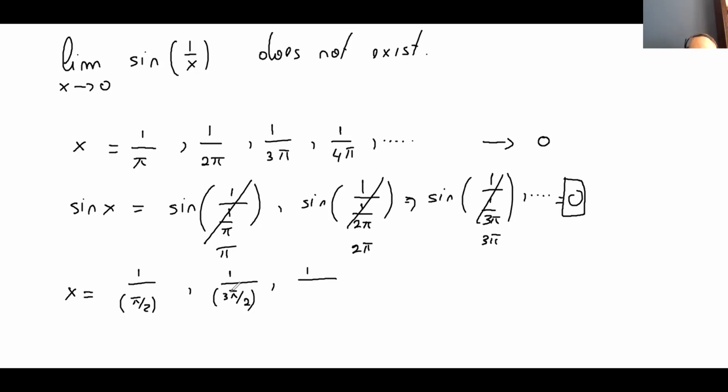1 over, let's say pi over 2 plus 2 pi. So just to simplify things a little bit here. Sorry, this example is slightly more complex. Okay, so pi over 2 plus 2 pi would be 5 pi over 2, let's say that. And then we add the multiples of 2 pi. So adding multiples of 2 pi means adding 4 times multiples of pi if we divide them by 2. So it would be 1 over 5 pi over 2, 1 over 9 pi over 2, 1 over, and then over here we have,